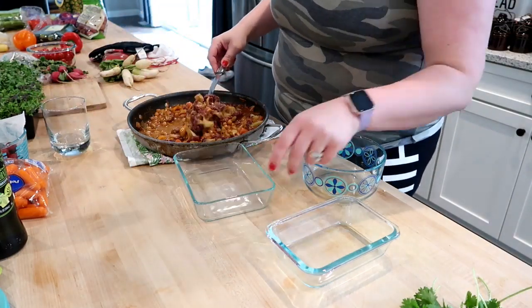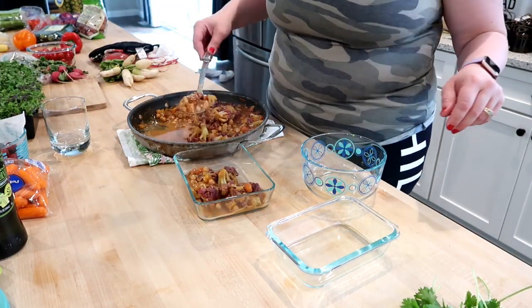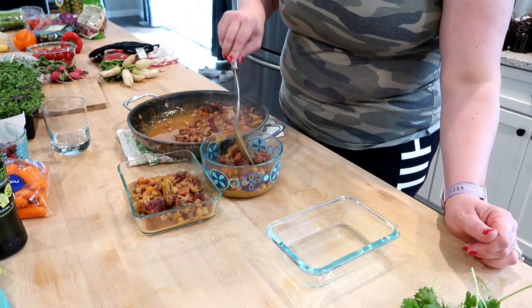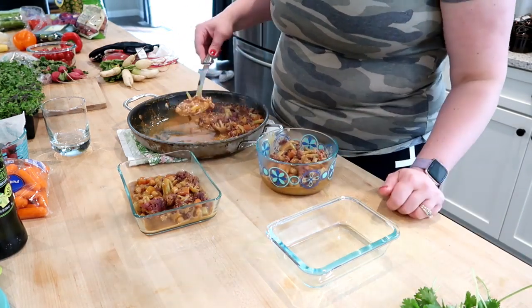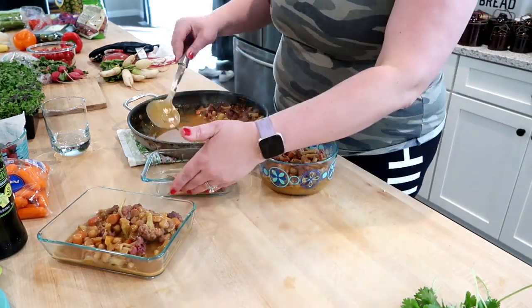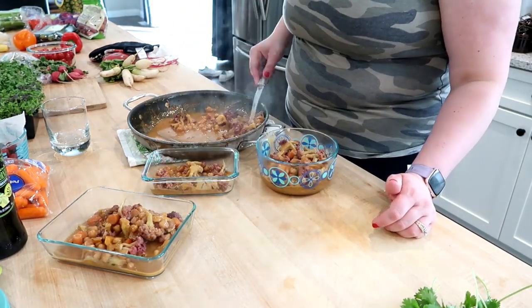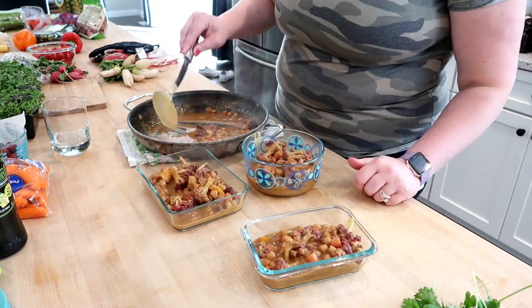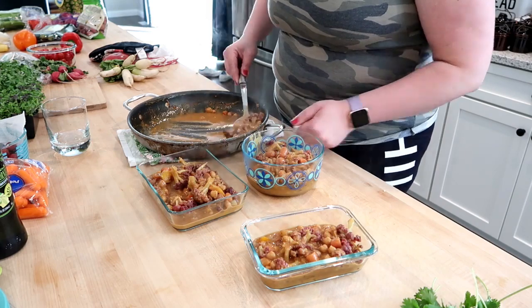So anytime that I'm going to prep a dish that we're going to reheat in the microwave, I always make sure that I put it in a glass container just because I don't like to reheat things in plastic typically. So I'm just going to spoon a little bit of that curry into each of the dishes, and then I actually like to put the rice on top so that it doesn't get too soggy as it sits in the